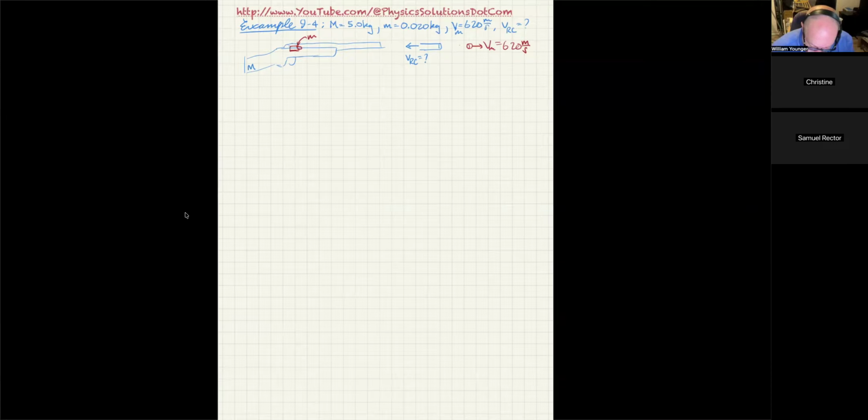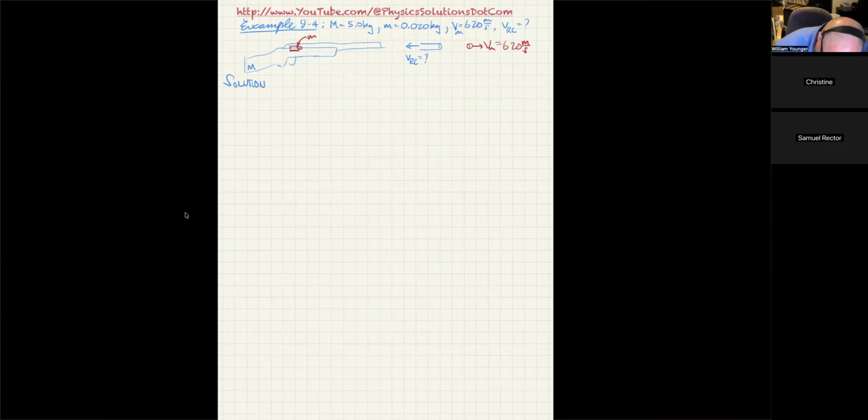The little m is the mass of the actual bullet, not the shell, and Vm is the muzzle velocity. What we're looking at on the left-hand side is the two sitting perfectly still, and on the right-hand side you're just seeing the barrel of the gun, moving to the left with some V recoil, and the bullet is moving to the right at 620 meters per second. So now I'm going to show you how to conserve momentum.